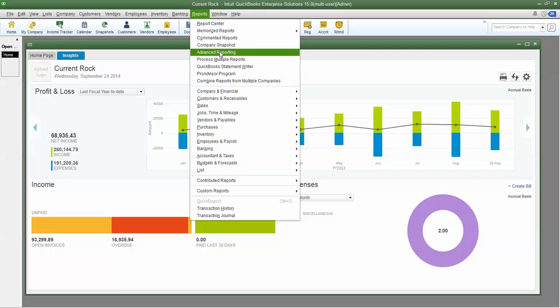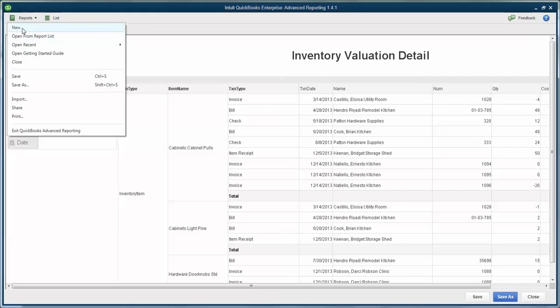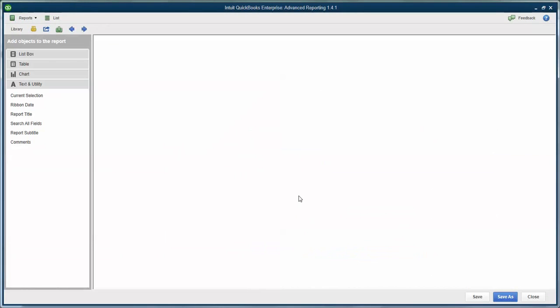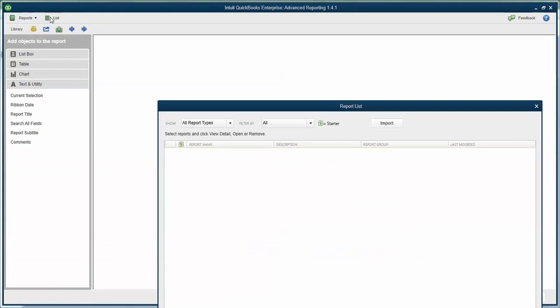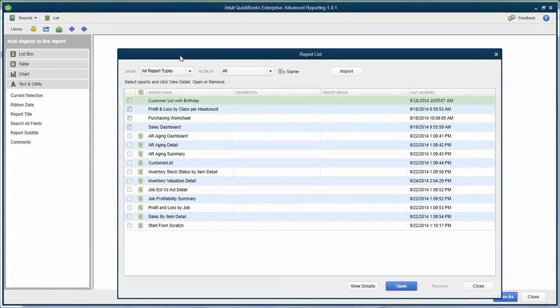So the very first time that you click on Advanced Reporting, it will actually do the setup process. I've already got it running on my machine, so it will actually bring up Advanced Reporting for me. But the first time that you launch it, what's actually happening behind the scenes is it's pulling all the data out of your QuickBooks file, and it is creating a bunch of tables. So it's bringing the best source of data outside of QuickBooks into all these different tables,